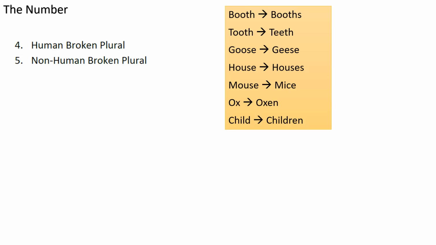Either a letter is changed or a haraka is changed, and we will see some of those. The problem with the broken plural: if I ask you how you know that the plural of mouse is mice, can you answer me? How did you know that? Is there a formula for that?